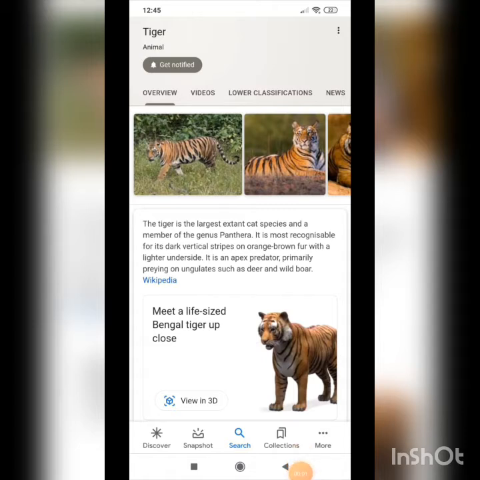First open Google and simply type there, tiger. Google commonly provides this augmented reality 3D image. You will get a lot of tiger images, and if your phone supports augmented reality, you can see the option to view in 3D. Otherwise, it will provide only the tiger image and you can't see the 3D view. If the 3D view is available in your mobile, that means your phone will support augmented reality. Okay, so click on this view in 3D.